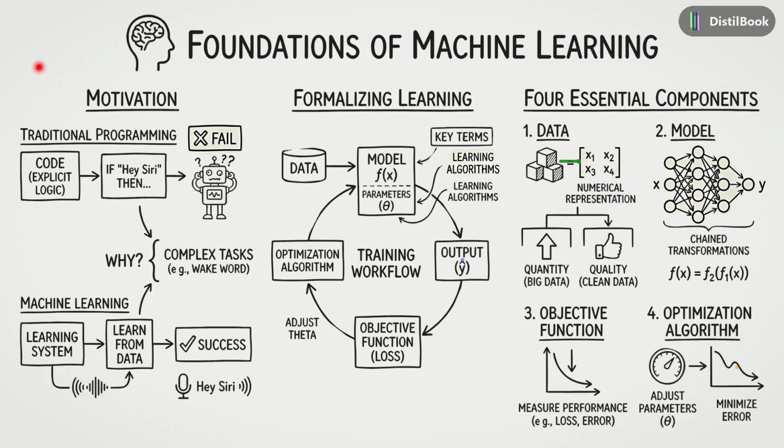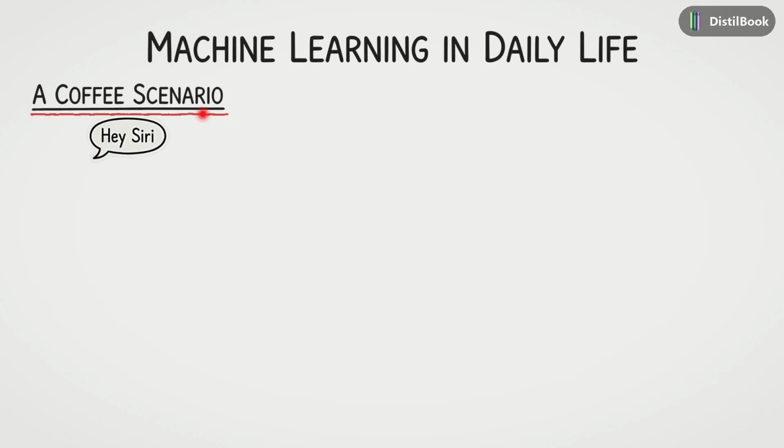Anchor takeaway, machine learning is not magic. It is a structured process composed of 4 specific components: data, model, objective function, and optimization working together in a loop. Now that we have our roadmap, let's zoom in on our first stop, the motivation behind moving from traditional coding to learning systems. Let's look at a coffee scenario to see how embedded machine learning already is in our